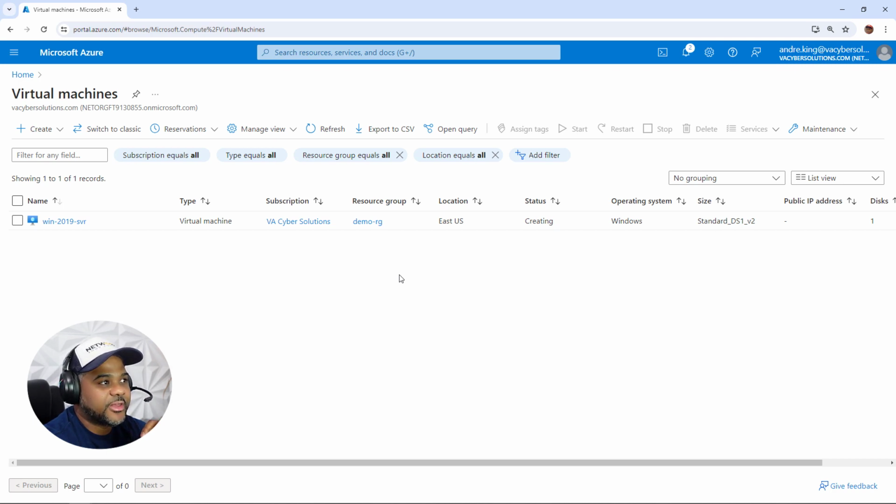Most of you may know that with Windows, RDP on TCP port 3389 is the predominant way to access it. So we need to open that inbound to the internet. And after that, we need to see what the public IP address is so that we can then make our attempt to connect. So we'll give this some time.